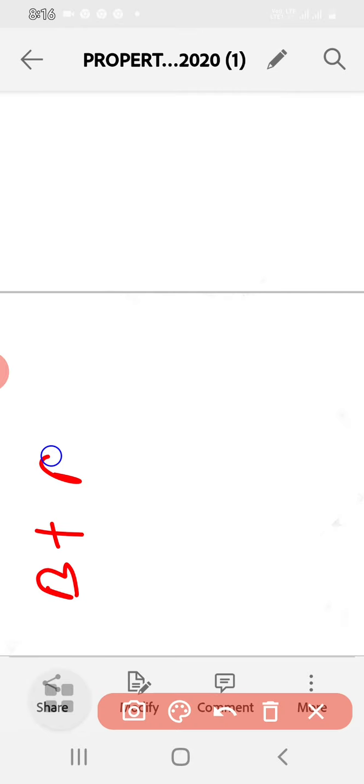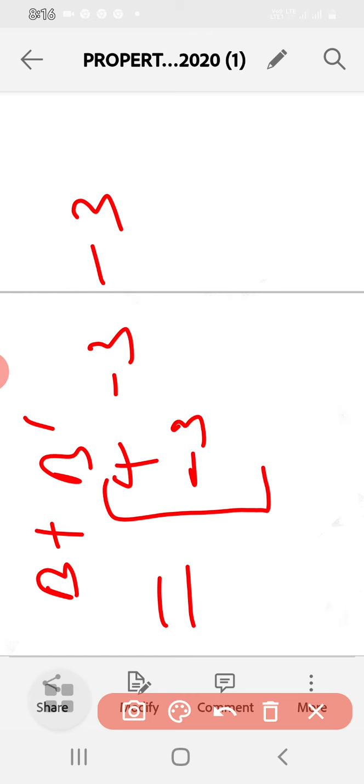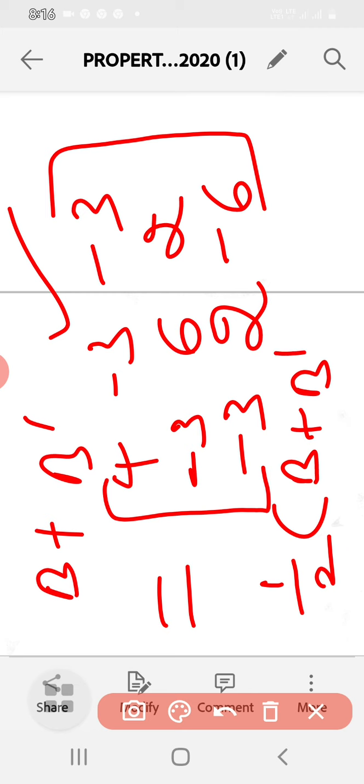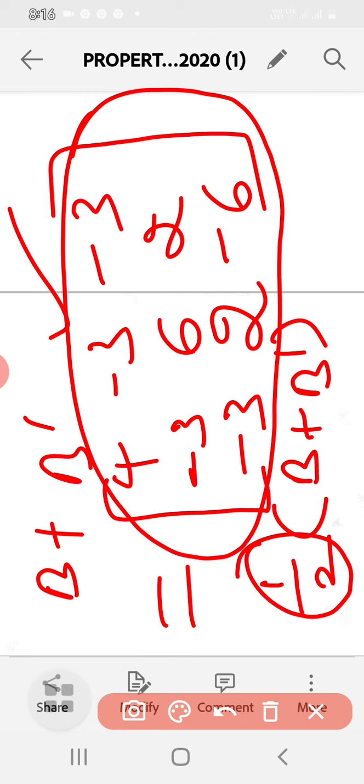So B plus B dash is equal to, see, that is 2 plus 2 is 4, then minus 3, then second row is minus 3 6 2, then minus 3 2 and minus 6. So this is B plus B dash. Okay, so what we want, see, note down this step. So we want this half into B plus B dash.